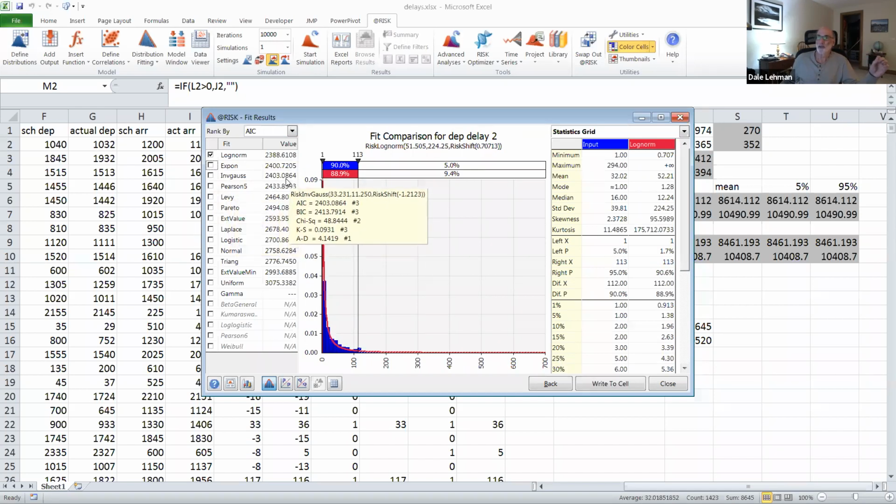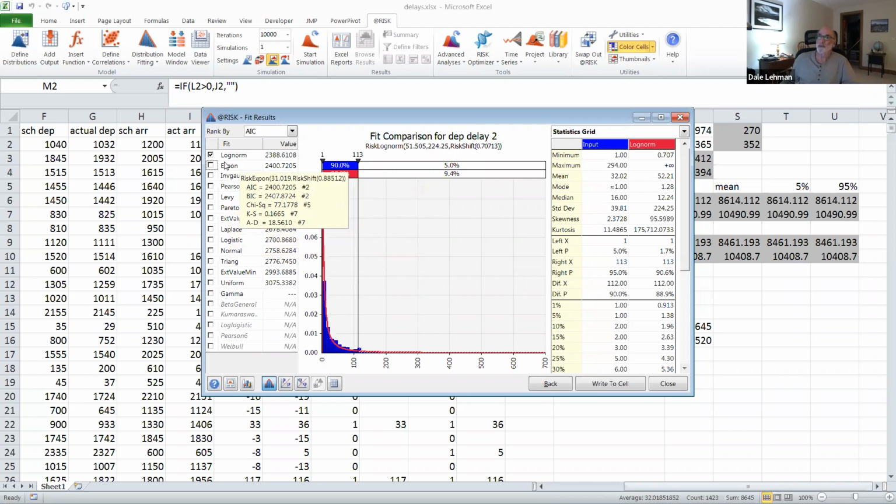I should mention, by the way, for the actual late departure times that are calculated by the Bureau of Transportation Statistics, they count any flight that takes off within 15 minutes of its scheduled time as actually on time. I've deviated from that here. I've assumed if there's any positive delay at all, it's delayed, but you could easily have changed that to 15